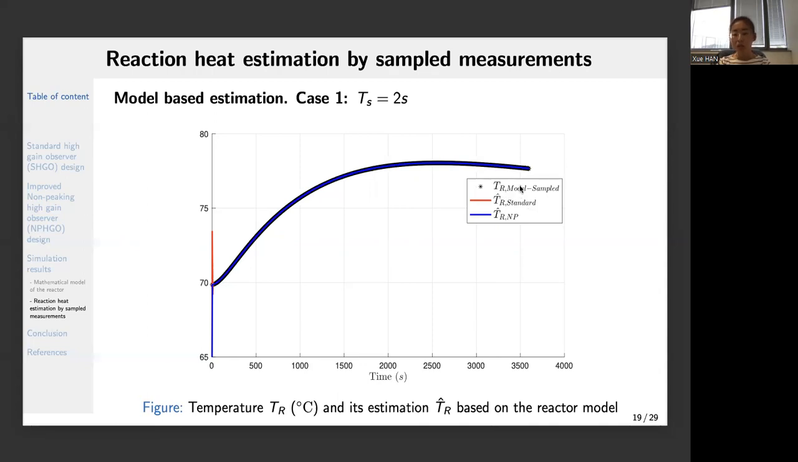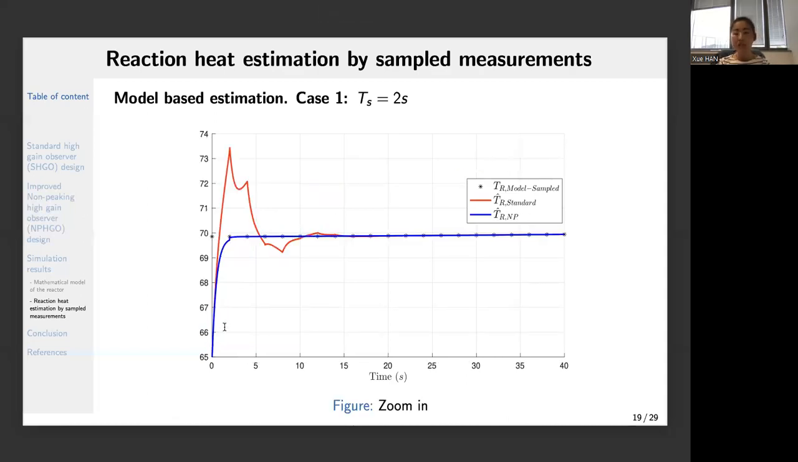output coming from the model, and the red line represents the estimated temperature from the standard Hagen observer, and the blue line represents the estimated temperature coming from the non-peaking observer. So we focus on this. We can see that for the standard observer, there is a peaking phenomenon at about 2 seconds, and